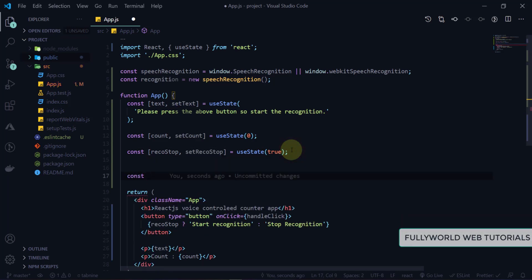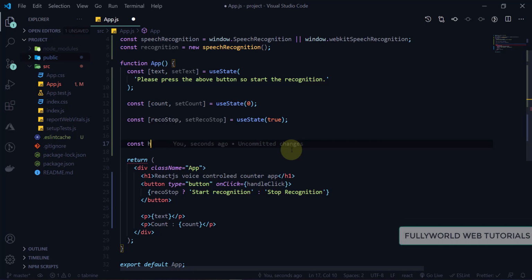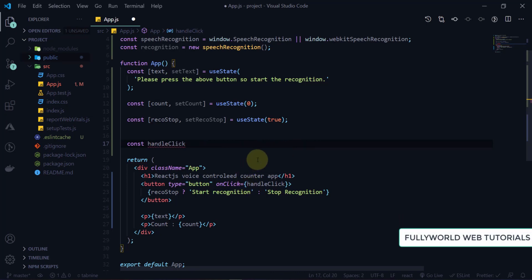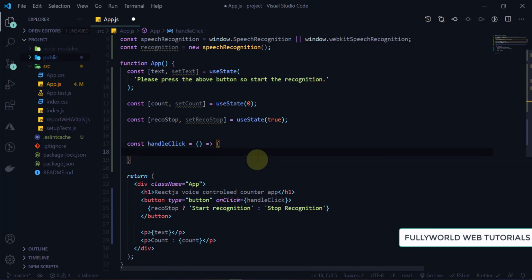We will create a functional component here, or rather an arrow function here, and here will be handlerClick, our function name that we mentioned in our onClick event handler.